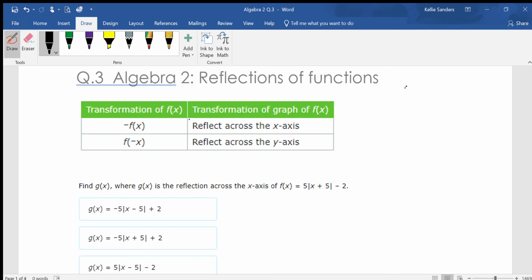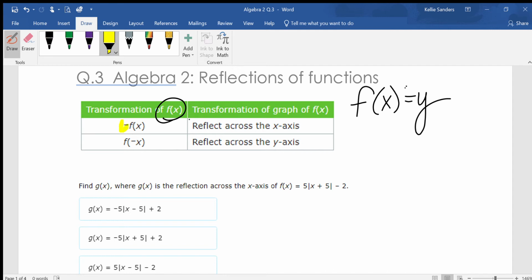Okay, so Algebra 2, Q3, Reflections of Functions. Hopefully in Algebra 1, you were taught that anytime you see f of x, it's the same thing as y. I'm going to be using that information a lot in this lesson. Okay, so if we have f of x and there is a negative in front of the f of x, then that means that we're putting a negative in front of the y, which means